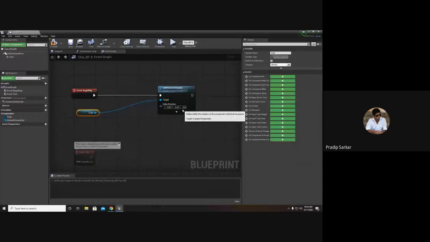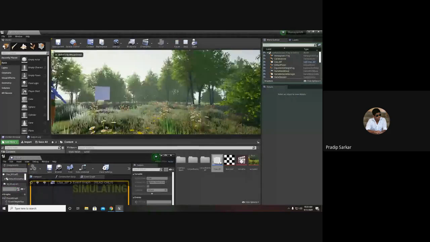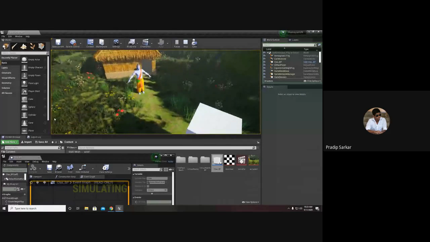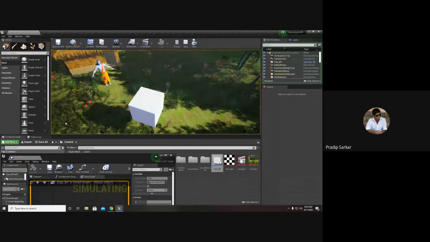Let's say I give an angle of 45 degrees, compile and save. The moment I hit play, the cube is rotated at an angle of 45 degrees. But this is executed only once. Whenever I hit play, it will execute only once.